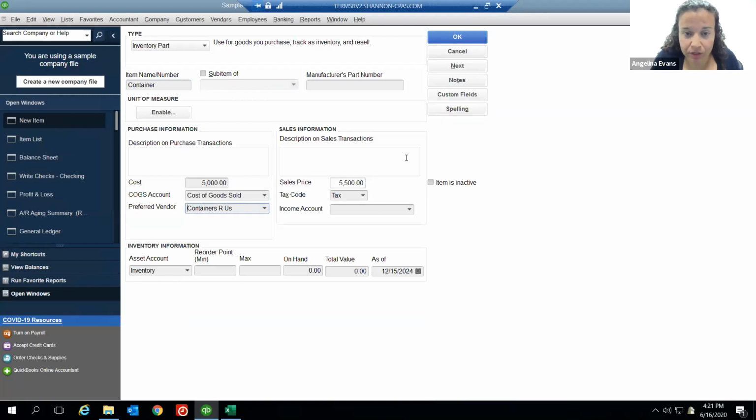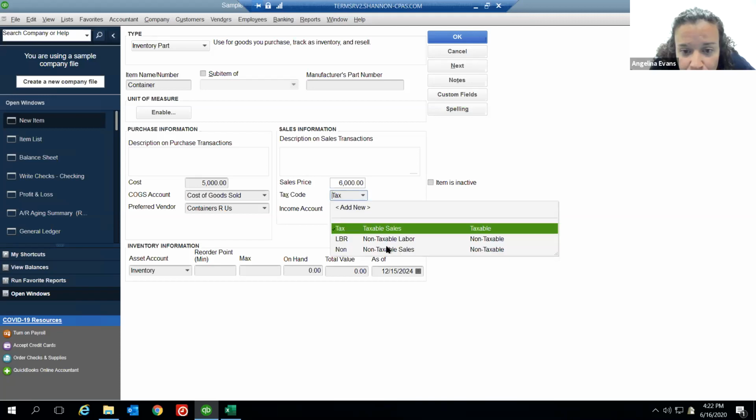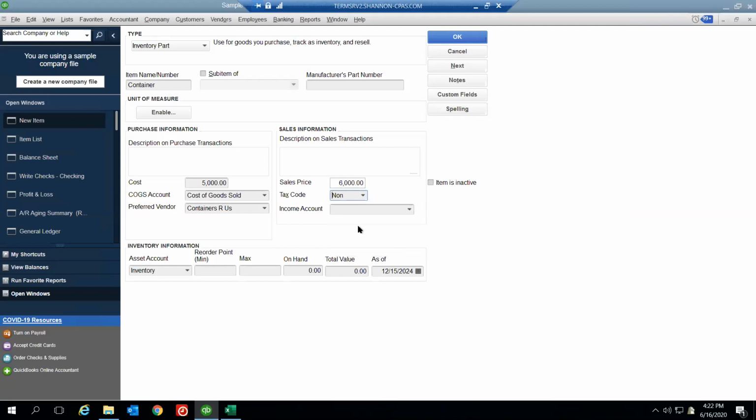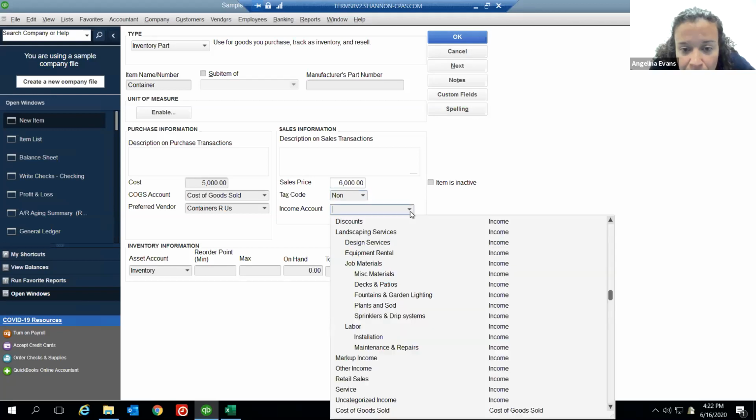Okay, we're gonna set it up as a vendor. Okay, so then your sales price. Let's say your markup is 20%. So $6,000 for your sales price. It is taxable. Our goods are not taxable, so I don't know if that makes any difference. They're not taxable? No. Okay. So everything we do is wholesale. Oh, okay. So non-taxable. Our income account is going to be, let's see, let's do